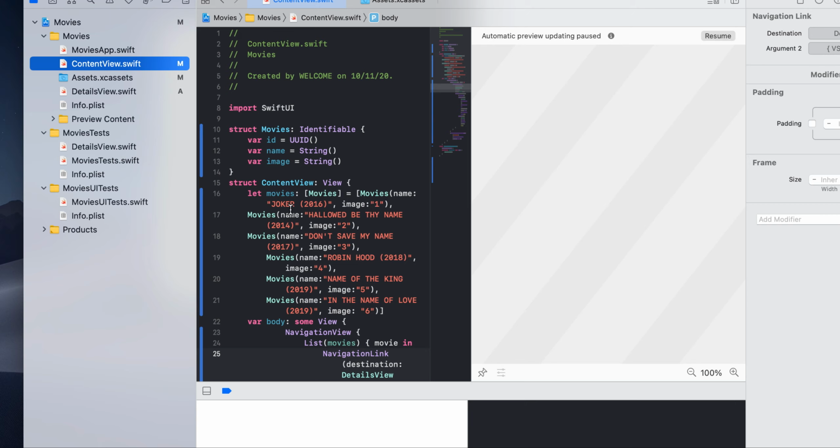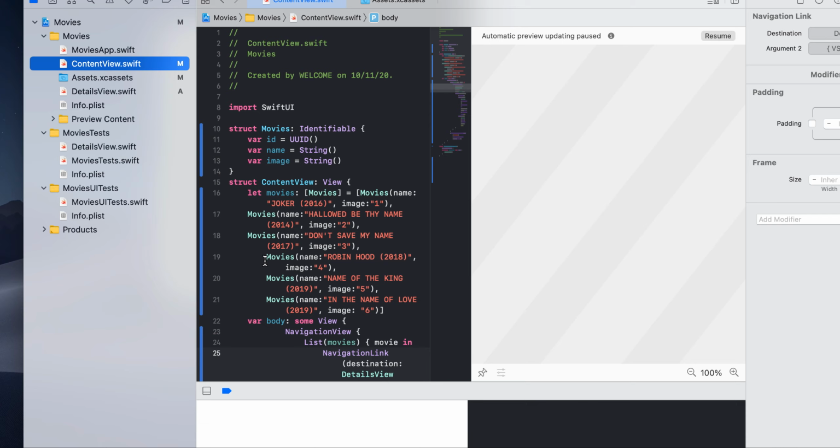So the movies have a name. One of the movies is Joker, and it came in 2016. It's just randomly put, it's not true. And the image name is 1. Same way, movie name Hallowed Be Thy Name 2014, image name 2. Movie name Don't Save My Name 2017, image 3.